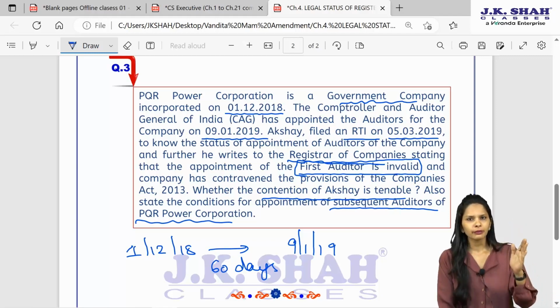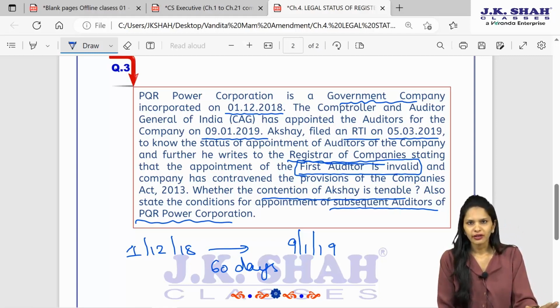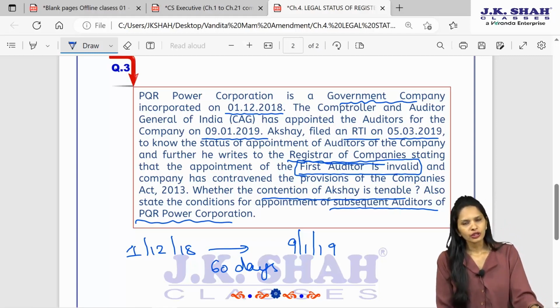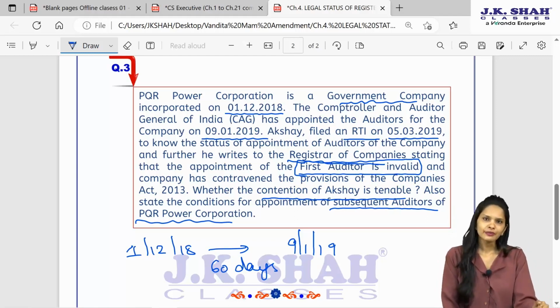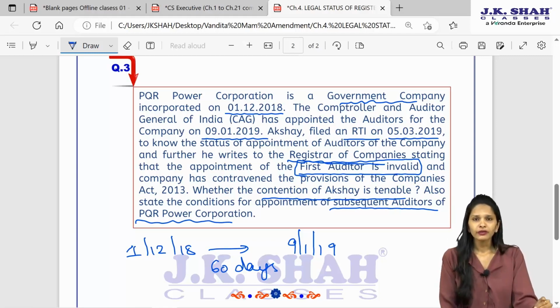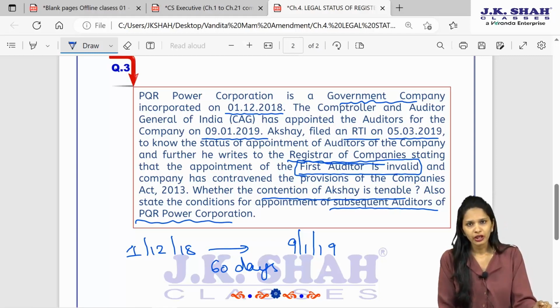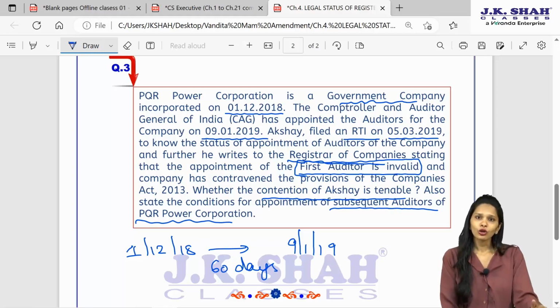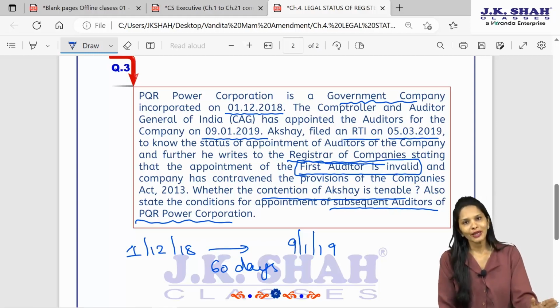So first one, applicable law and applicable section. So the section number is 2 clause 45, everyone knows that. After that, in the provision, you have to write the provisions relating to appointment of the first auditor. Along with that, also write about the subsequent auditor. That subsequent auditor will be appointed by the Comptroller and Auditor General of India within 180 days of the beginning of your financial year. Everyone knows that, and the tenure is always a 1-year tenure, that is up to the next annual general meeting. So over here we don't have the rule relating to 5 years appointment.